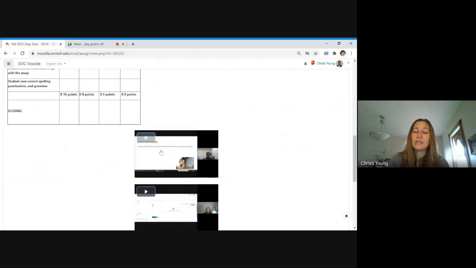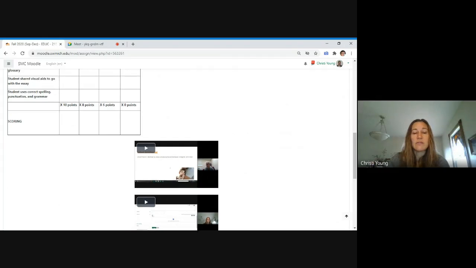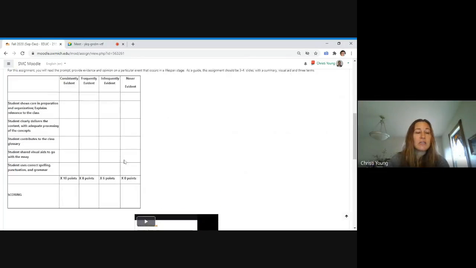The first one is a walkthrough of the project with the rubric, discussing what it is that I am looking for. The second one is how to use the glossary on the class, which, as you can see, is worth 10 points on your project. So you definitely want to make sure that you do that. So as you can see,